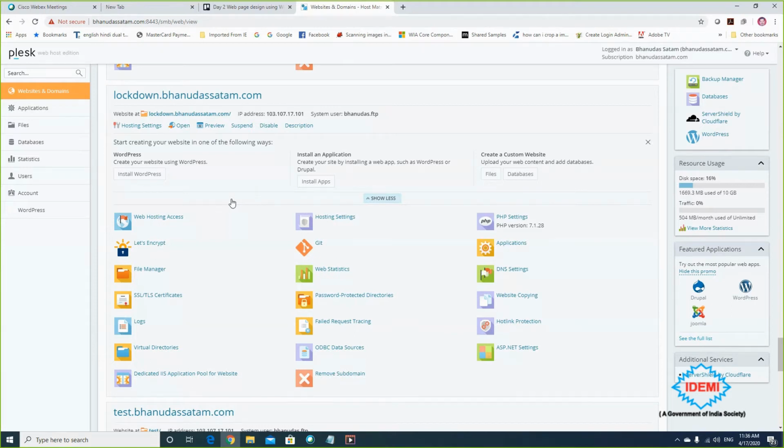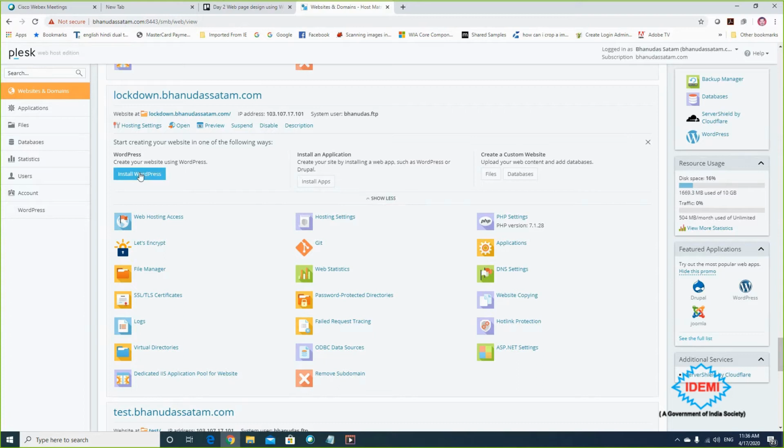So let us see how the installation process takes place online. The online installation process is quite easy compared to the offline. We spent around 45 minutes to 1 hour, I think more than 1 hour, to learn the WordPress installation process offline. So I'm showing the installation process online.